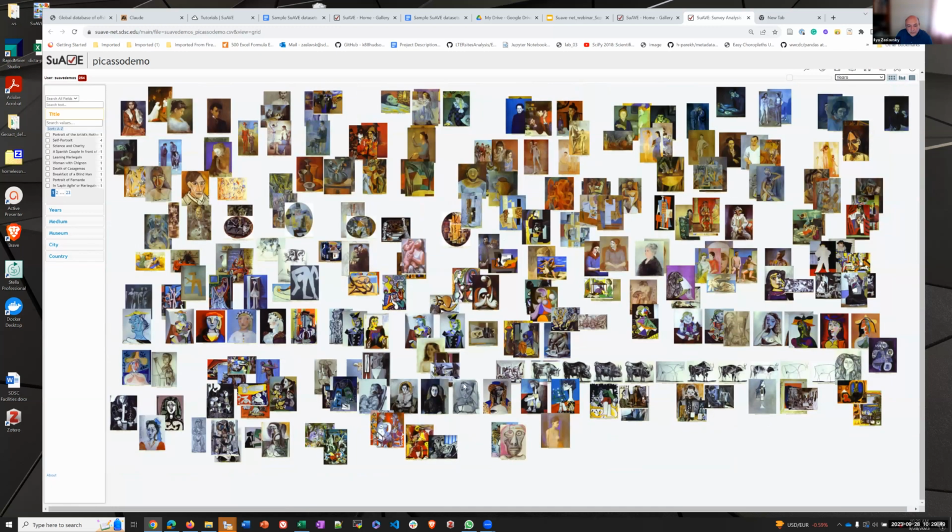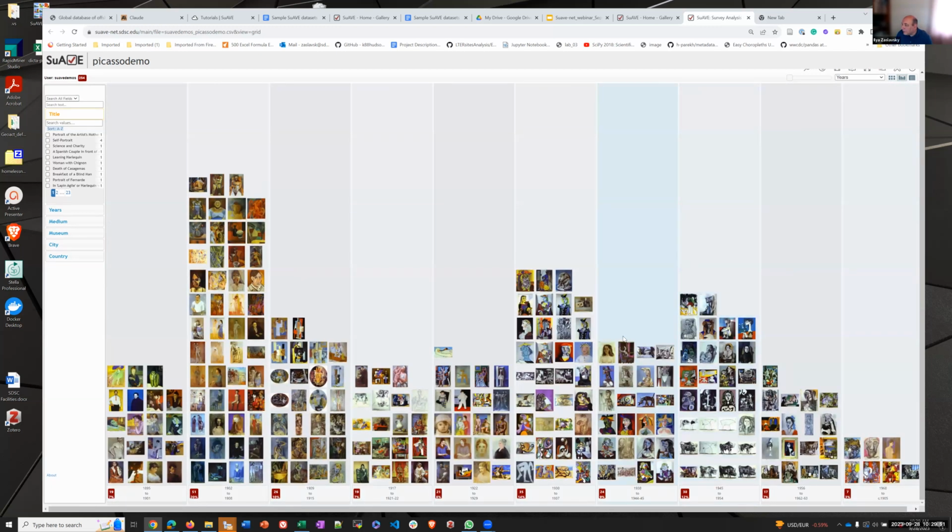You can, let's say, look at that by years. You can do some interesting things, such as figure out when were different periods in Picasso's life, such as blue period. If I can show you that it's fairly easy to do. You just subset it by certain period of years, and then you will see how it looks like. So that is like the basics, and I